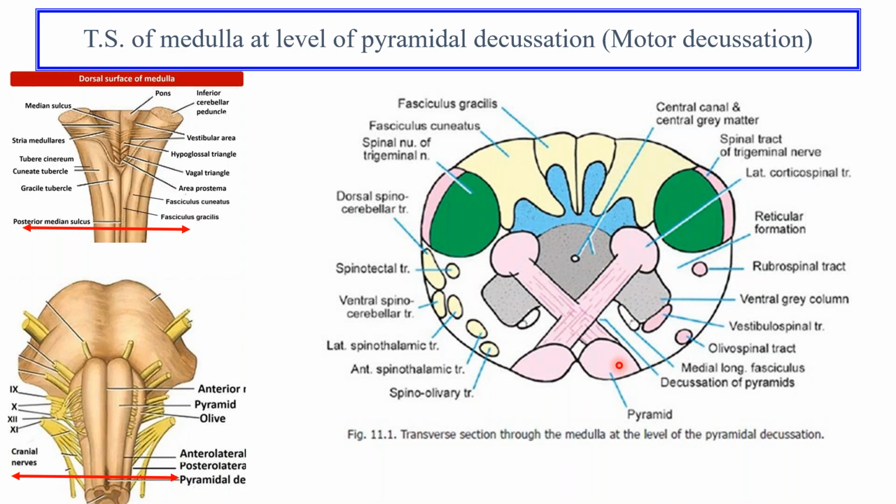Now we'll do the decussation first. So remember, these were the pyramids, the corticospinal tract, and 75 to 90% of the corticospinal fibers cross to the opposite side. On the two sides, these are the lateral corticospinal tracts. So from the pyramid, the portion of 75 to 90% of fibers which cross to the opposite side contributes to the formation of the two lateral corticospinal tracts, and the rest of the fibers will continue into the same side as the anterior corticospinal tract.